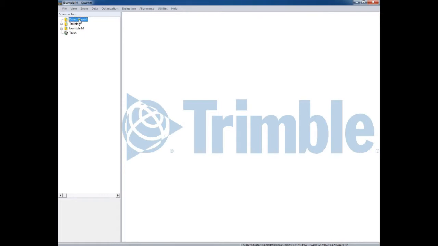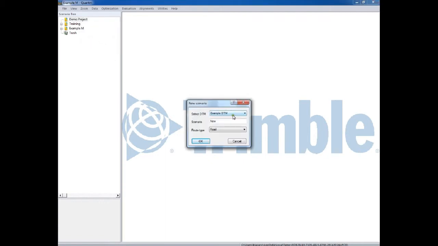There are no scenarios inside this particular group, so we need to create a scenario. We can do that by right hand mouse click, new scenario. Now as I said, because this is a demonstration project, this will automatically default to a predetermined DTM. So the select DTM is the example DTM. We will give it a new scenario name, and for consistency, let's call it Demo